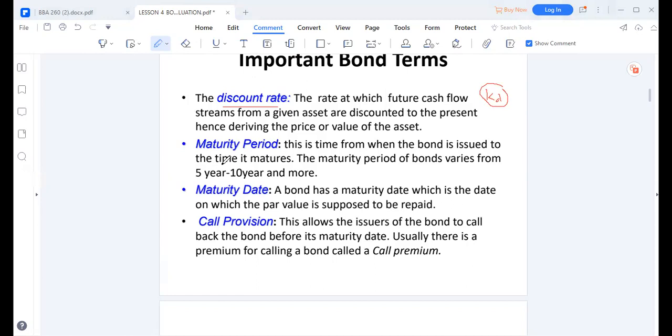Then we also have a maturity period, which is simply the time in which the bond fully matures. If you have a 10-year bond which was issued 2 years ago, the period we're going to consider is 8 years because that is the operational period. Then the maturity date is simply the date at which the par value is supposed to be repaid. Now there are bonds which have a call provision such that the issuer of the bond may call back the bond before it matures. Of course, this one calls for what is called a premium or a call premium. So if you call back a bond before the date at which it matures,